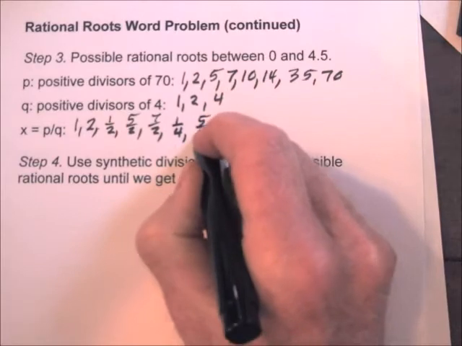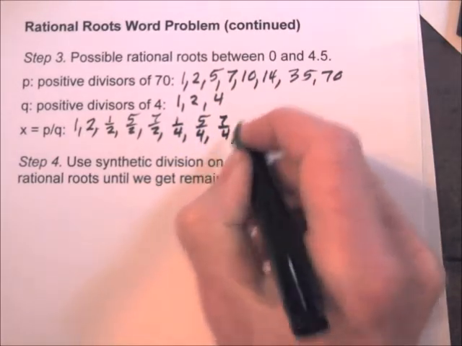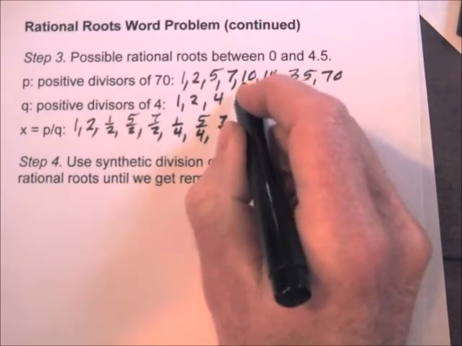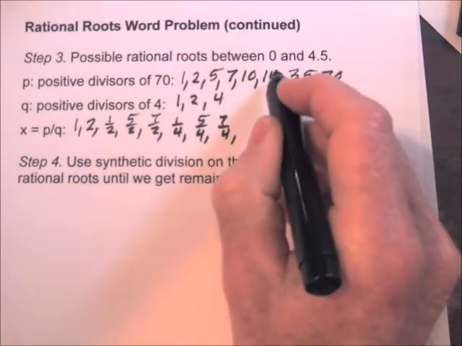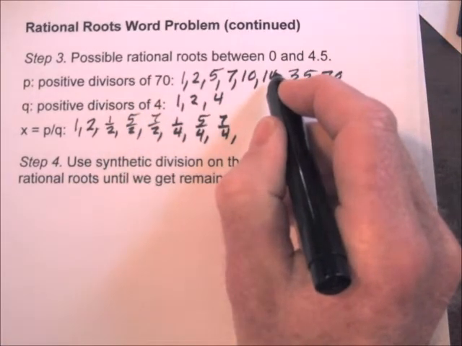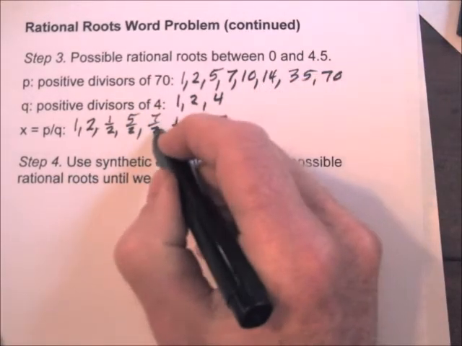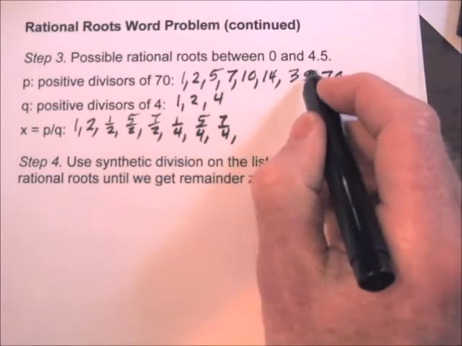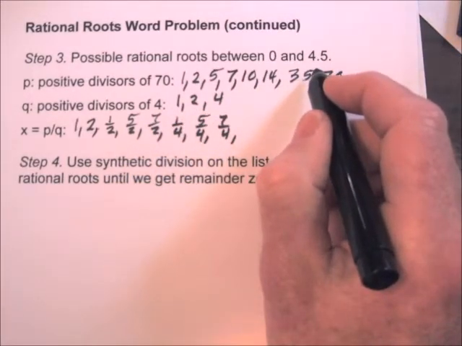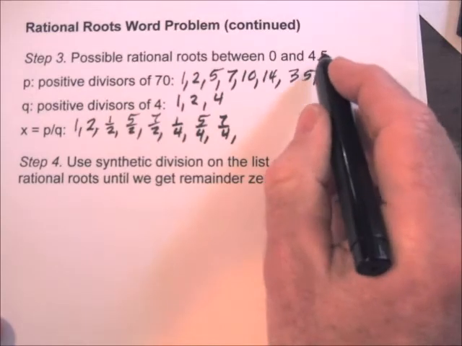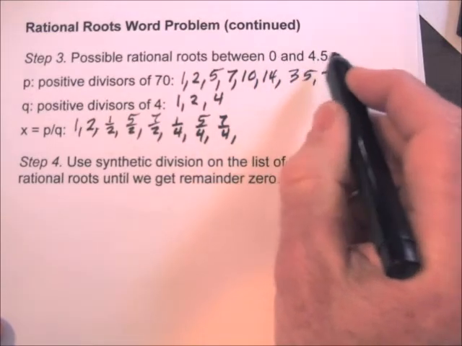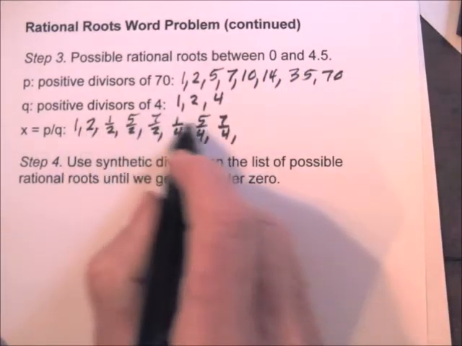5/4, 7/4. 10 divided by 4 reduces to 5/2, which we already have. 14/4 reduces to 7/2, which we already have. 35/4 is too big. 35 divided by 4 is almost 9, and x has to be between 0 and 4.5. So these are our possible